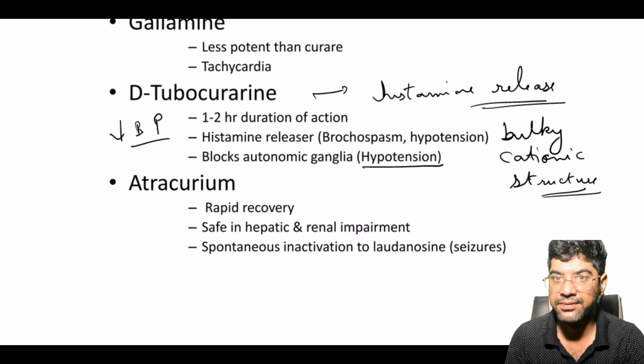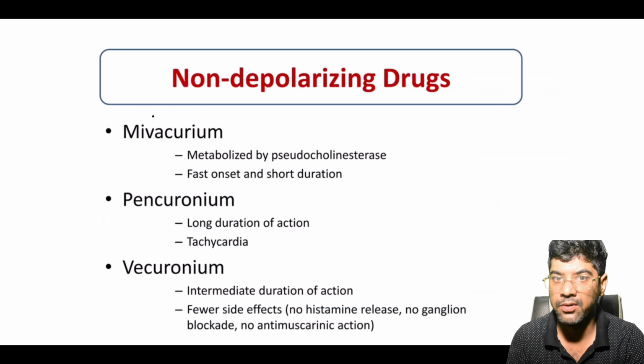Competitive blockers may cause paralytic ileus, that is temporary paralysis of intestinal muscle after abdominal surgeries, by reducing gastrointestinal motility. How can competitive neuromuscular blockade affect the GIT post-operatively? They may induce paralytic ileus by reducing GIT motility through ganglionic receptors. So tubocurarine is no longer used due to the prominent histamine release, ganglionic blocking, cardiovascular action, and long duration of paralysis.